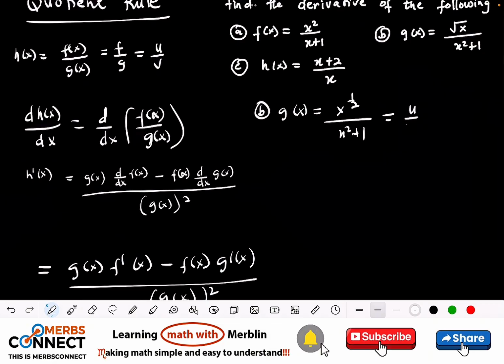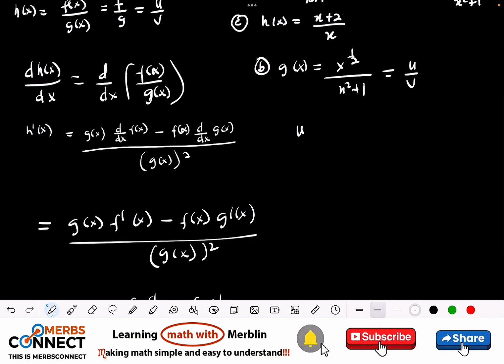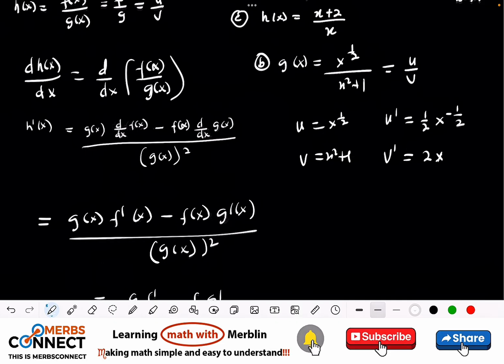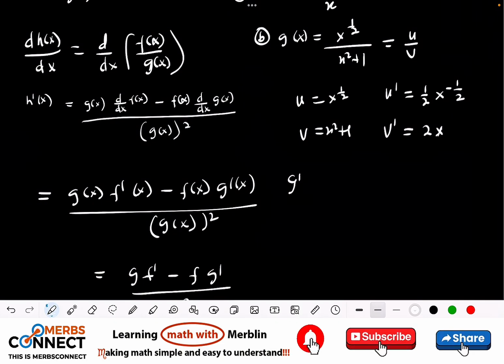So u over v, so u is equal to x to the power half, v is equal to x squared plus 1. So u prime will be equal to the power 1 over 2, then I need to subtract 1 from the half, which is going to be minus 1 over 2. Right? Good. Then what will be v prime? v prime, when I differentiate x squared, I get 2x. When I differentiate 1, I get 0. So this is what I'm going to get. So what will be g prime? g prime will be equal to